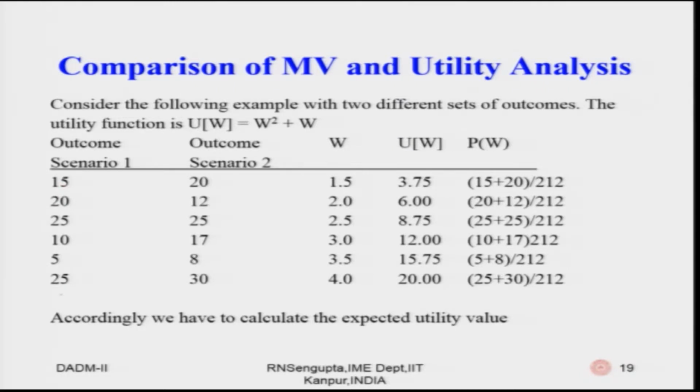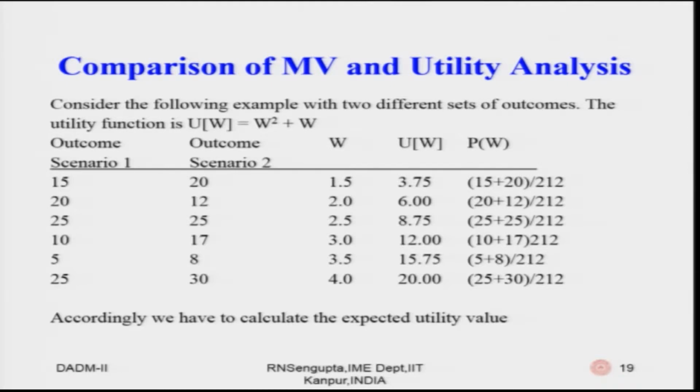This is the first column for scenario 1. This is the second column corresponding to scenario 2, and other values I will come to later on. So, the outcomes for scenario 1 are 15, 20, 25, 10, 5 and 25, which is the first column. The outcomes for scenario 2 are 20, 12, 25, 17, 8 and 30,